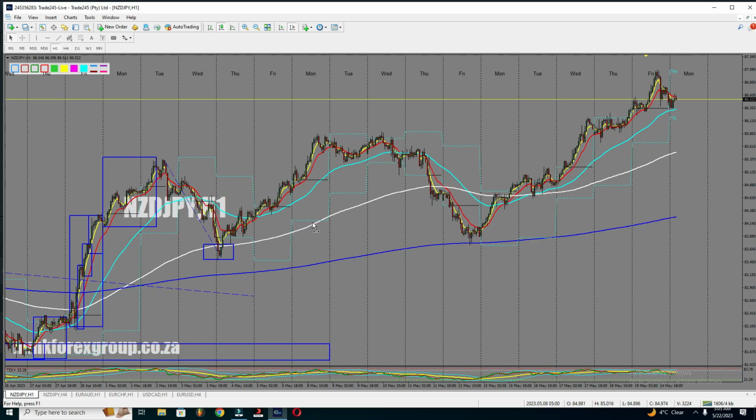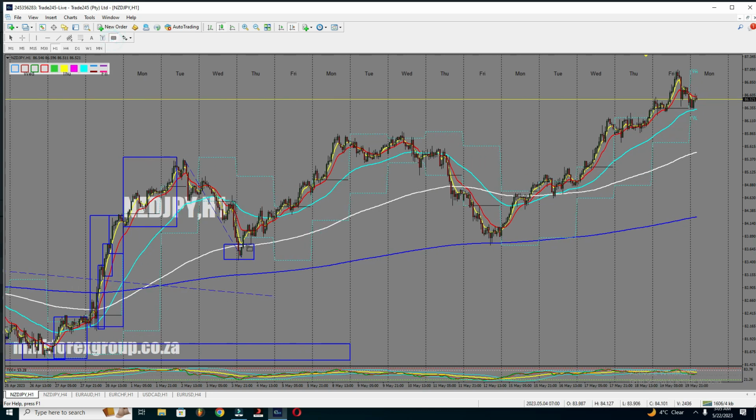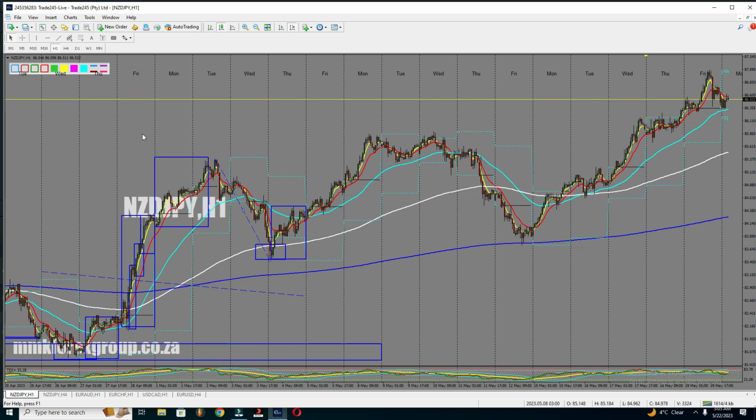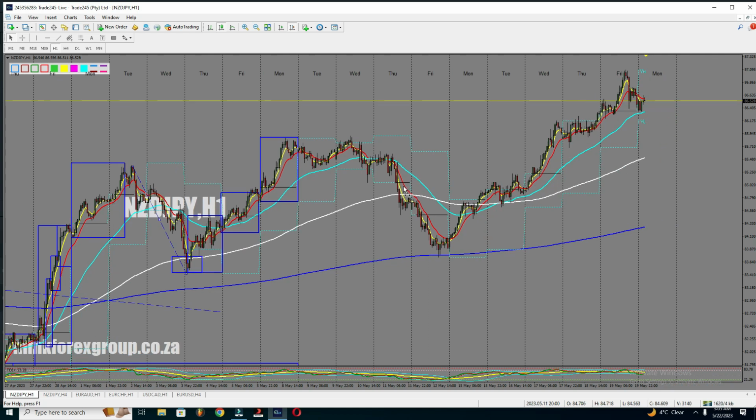Fine. Right, this is still in the H1. So from that area, we can see a peak formation on that reset. All right, that's a peak reset, 1 level of rise, nothing really crazy. And then we had another day of rise, small moves, and then we had the last day of rise. That's 3 levels up. As you can see, this happened on Thursday, Friday, and then this was on